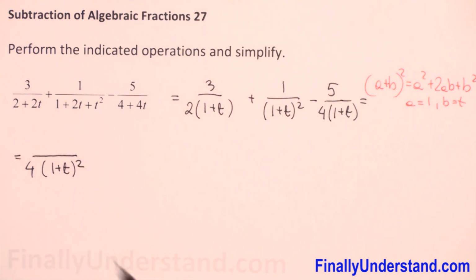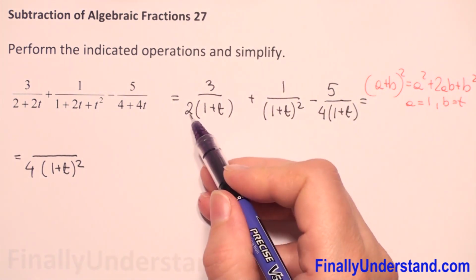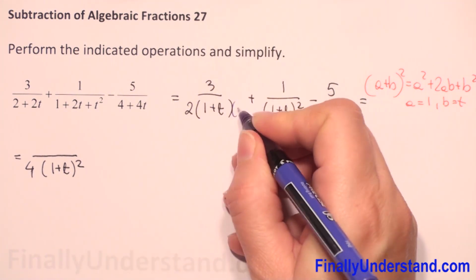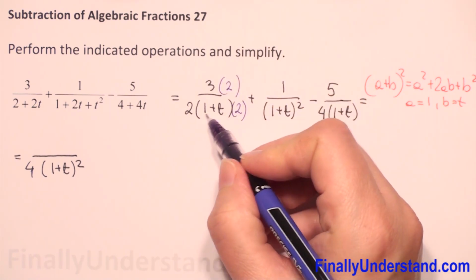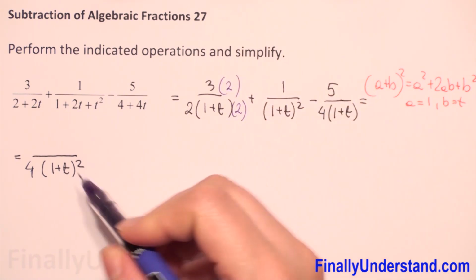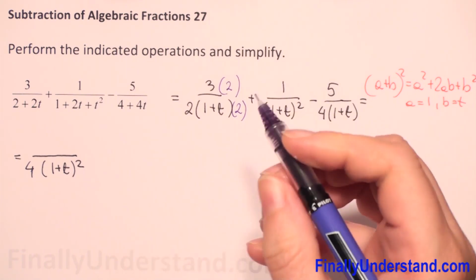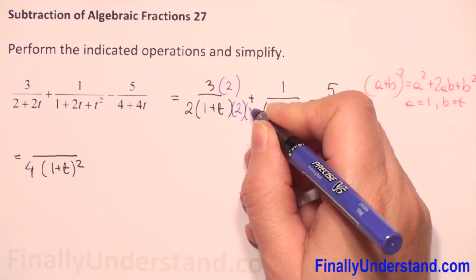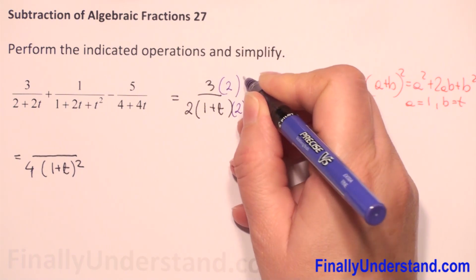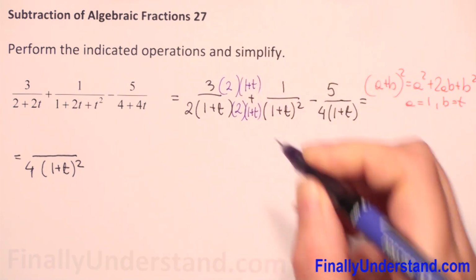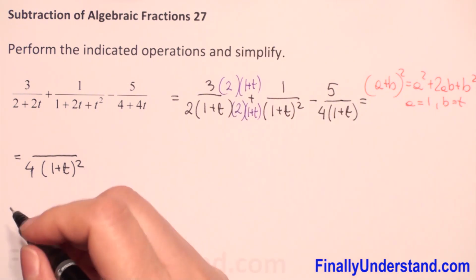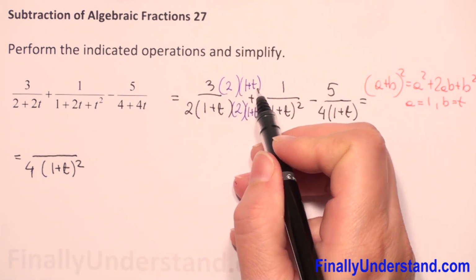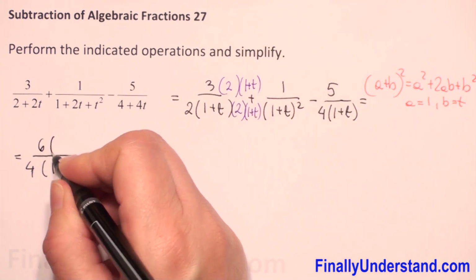So now let's check our first denominator. We have 2 only and now we have 4, so we have to multiply by 2 the numerator and denominator, and we have 1 plus t, and now we have 1 plus t to the second power, so we have to multiply also by 1 plus t. So now we will have 3 times 2 is 6, 6 times 1 plus t, we have to multiply,